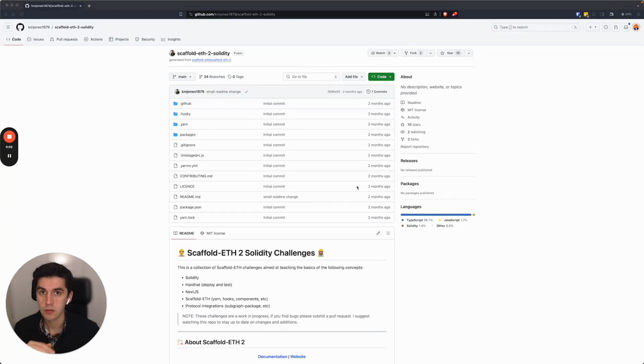Hello everyone. In this tutorial, I would like to briefly experiment with how we are going to utilize The Graph and GraphQL, in fact, by using this ScaffoldETH boilerplate for the repository that has been created by Kevin. So let's start off